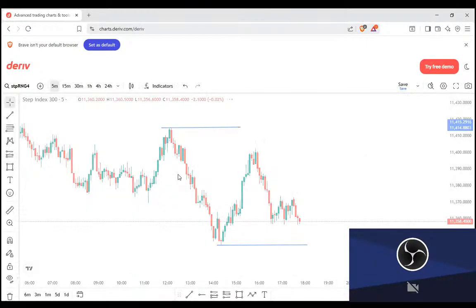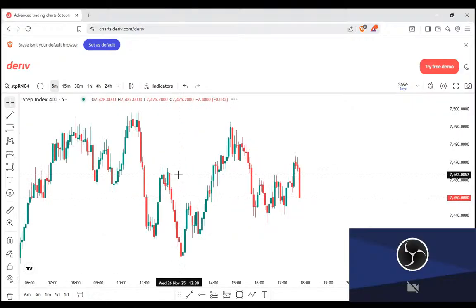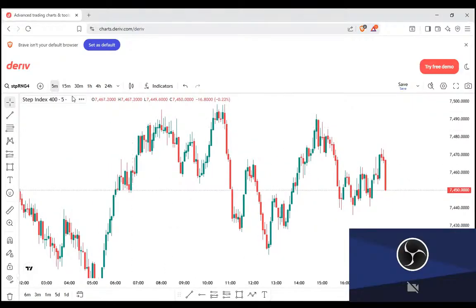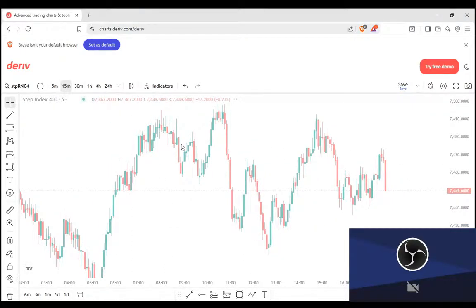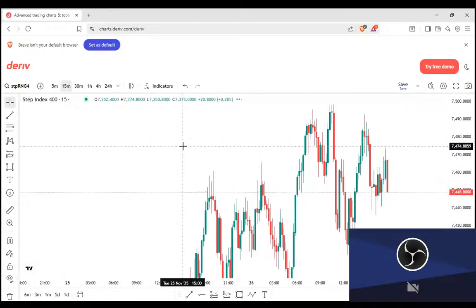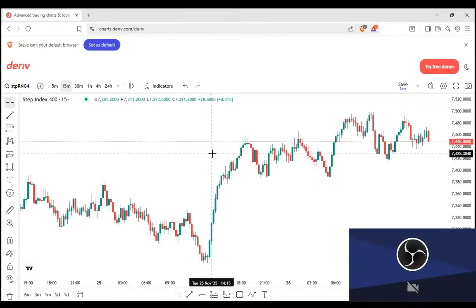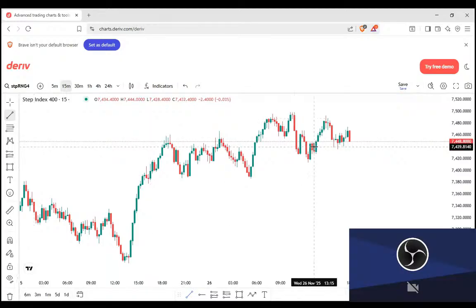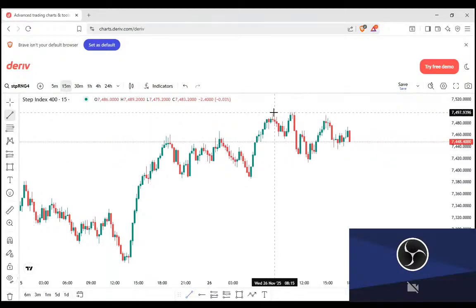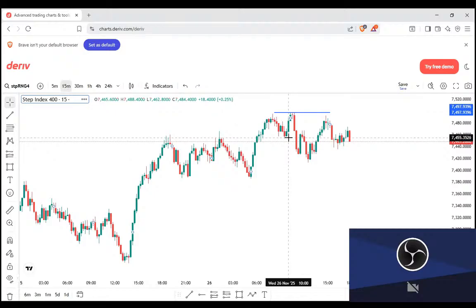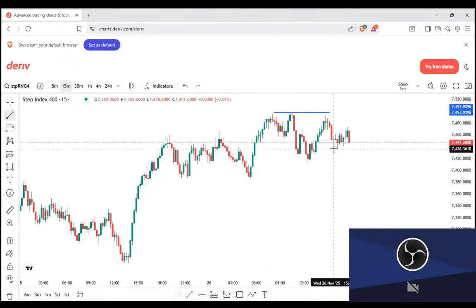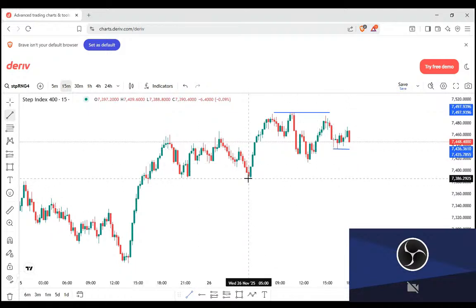And we're having step index 400, 5 minutes time frame. Let's drop to 15 minutes time frame. Let me refresh the chart. 15 minutes time frame. If you notice, the structure is giving you a clear structure move. It gives you an equal high, gives you a retracement here. So if price takes out this low, this is telling us that price is likely going down and settling down to this low because